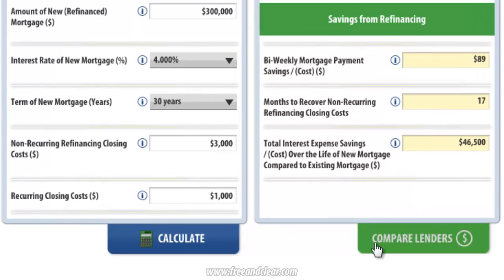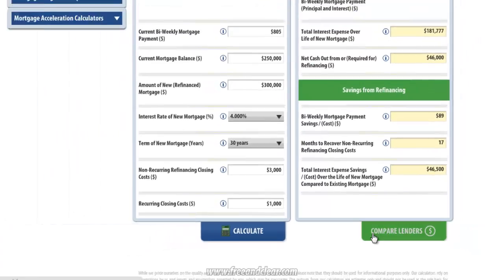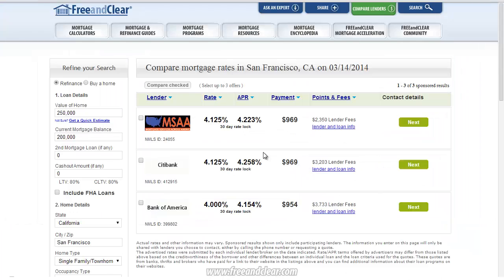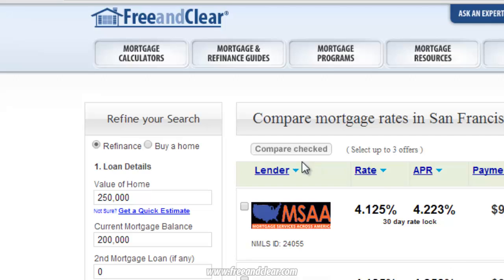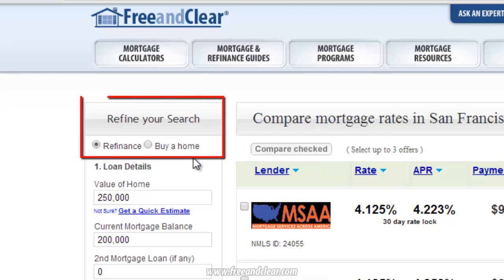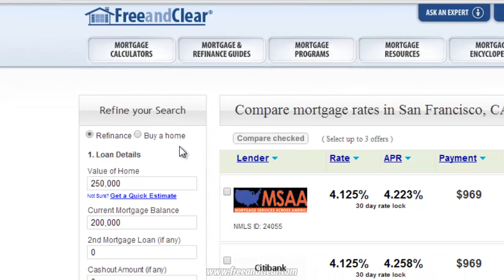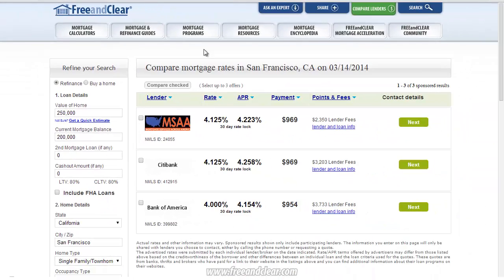After you have reviewed the calculator scenarios that apply to you, you can click on the Compare Lenders button at the bottom of the outputs and review a table with interest rates and fees for lenders in your area. If you are looking for refinance proposals, make sure that the Refinance option is selected on the top left of the page. If you have any questions about the free and clear biweekly refinance calculator or any other mortgage topic,